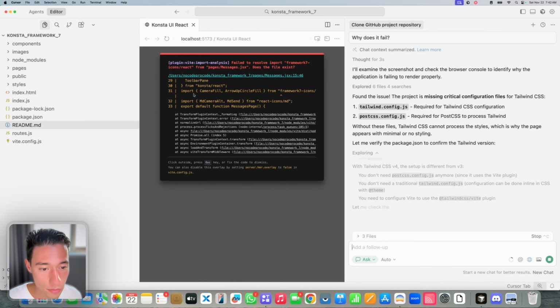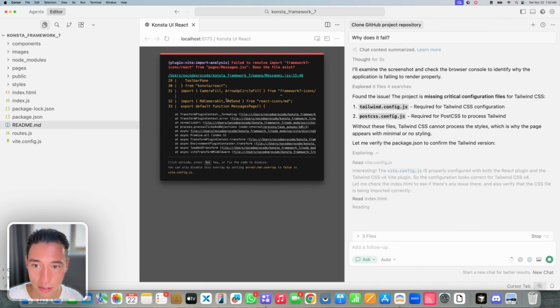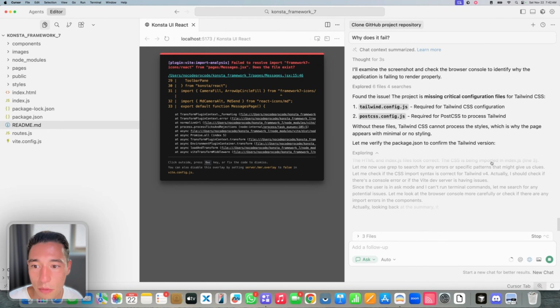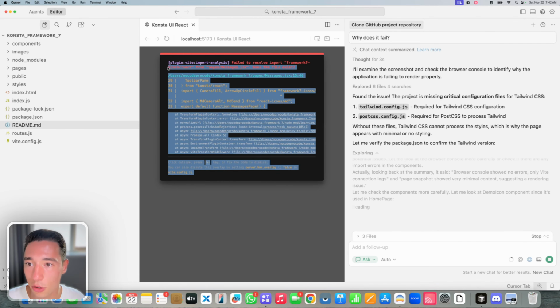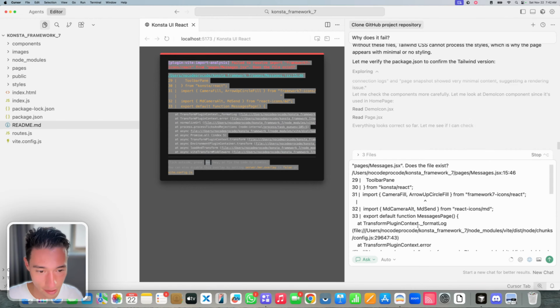That could be the issue. It also couldn't be, because it seems like there is an issue with Framework 7 based on the error message here. But we'll see. And it looks like Konsta React, that there may be some import module issues. I'm also going to just copy this page here,